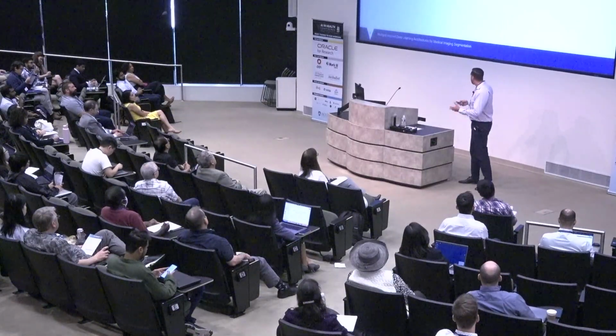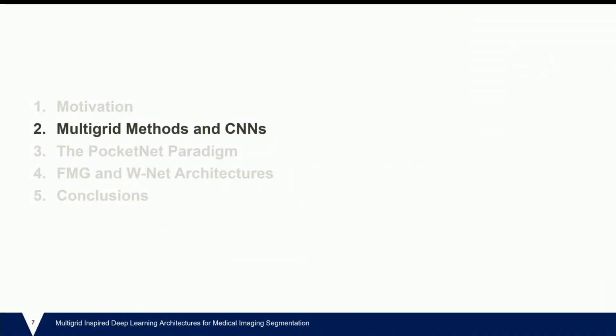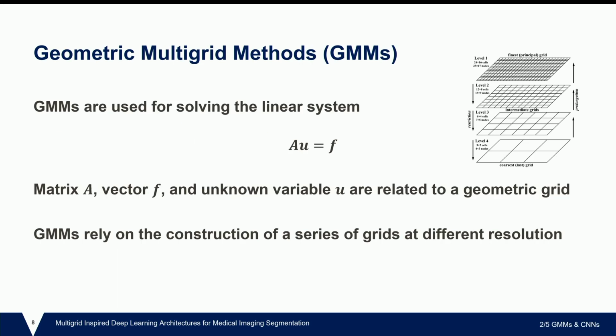All right, so that leads us to multigrid methods and convolutional neural networks. At a high level, a geometric multigrid method, or a GMM, is used to solve some kind of linear system of the form AU equals F, where these variables A, U, and F are all related to each other via some kind of geometric grid. The thing that you really just need to remember for this is, these geometric multigrid methods rely on constructing a series of grids, like you see on the top right over there, to iteratively solve this problem. And now these methods have been around for a while. They're well understood. We know a lot about their convergence properties